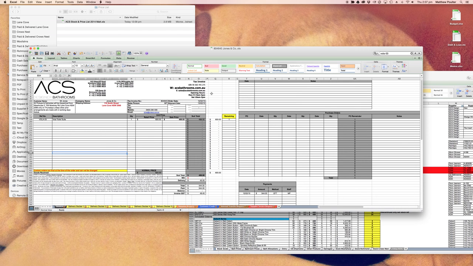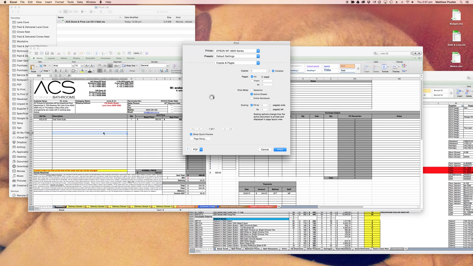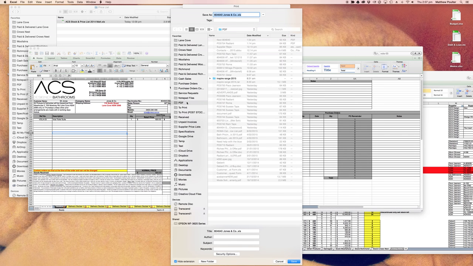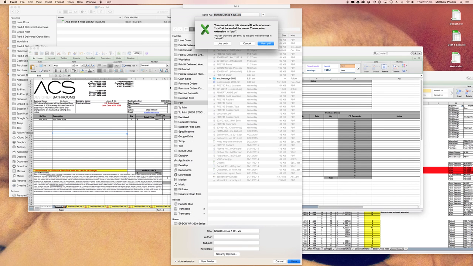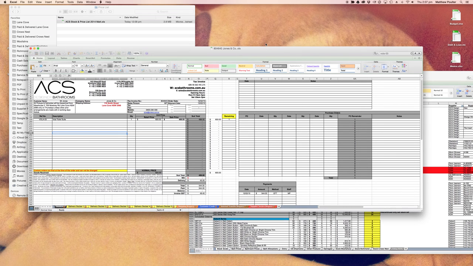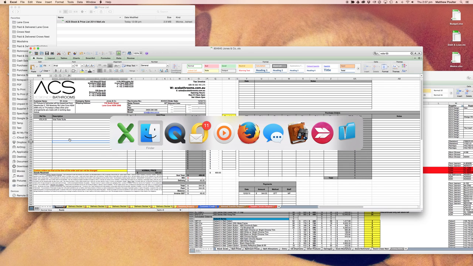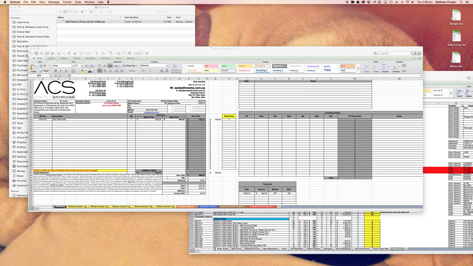Okay. So now that that's done, we have a completed invoice due to go tomorrow. We need to give this information to the customer. So it's at this point that we either print to PDF, save as PDF. On mine, I have a save as PDF function, and I have a PDF folder, just like a dummy folder. You can use your desktop, you can use a dummy folder, whatever's most appropriate, but this is a paid invoice ready to go tomorrow. I'm going to go to my email now,